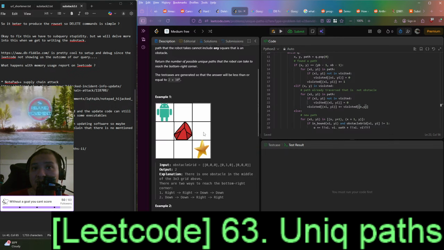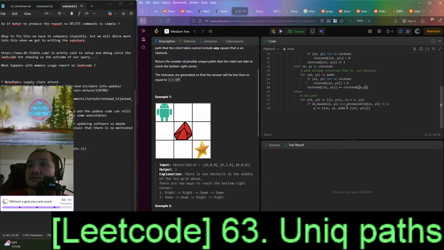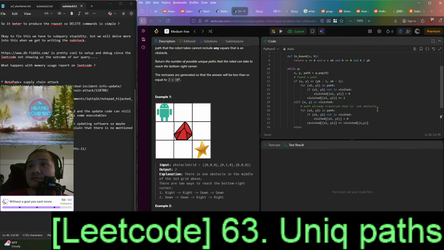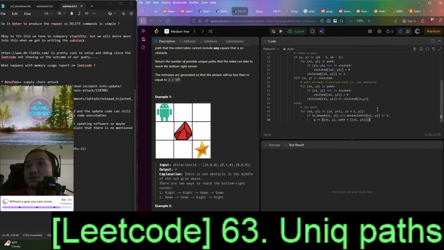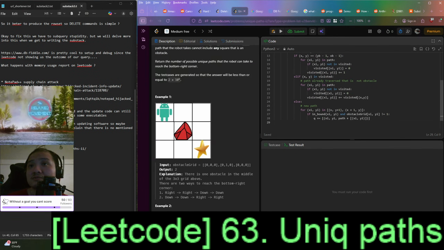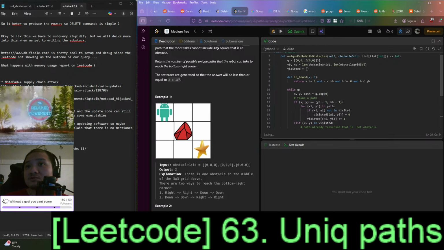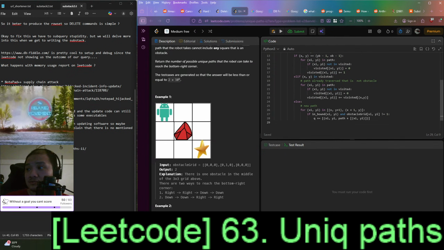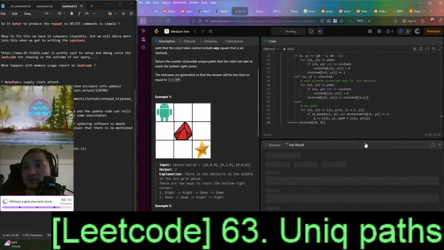So all the path, the number from here added all the way from here, right? And then as soon as we're done with this, we just need to return the visited of 0 0, right? Hopefully it's good.